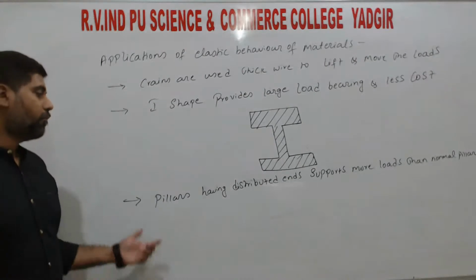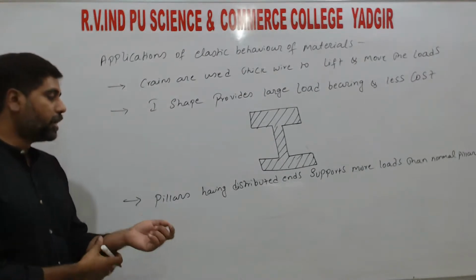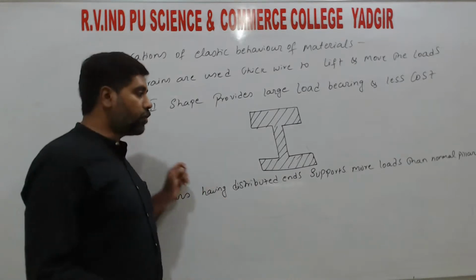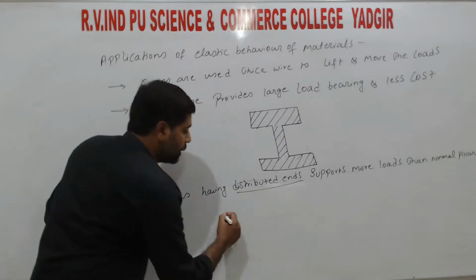While constructing bridges or flyovers, we put pillars there. So those pillars have distributed ends. So distributed ends means